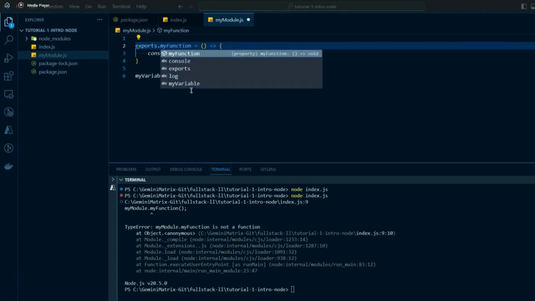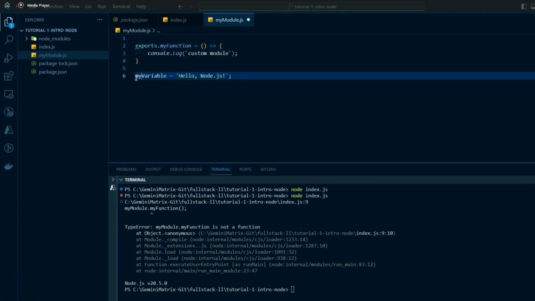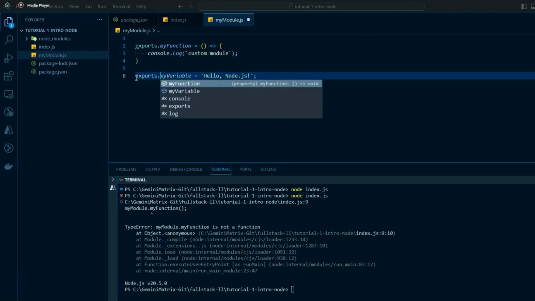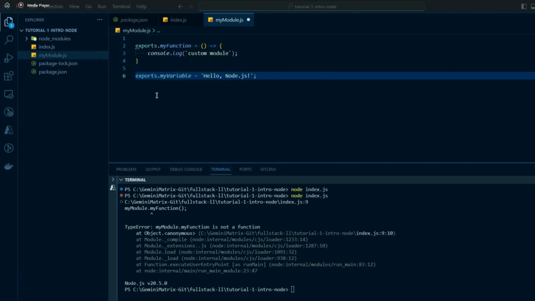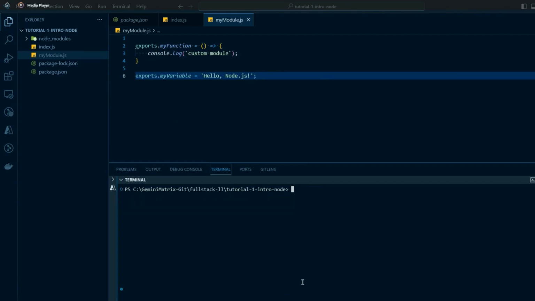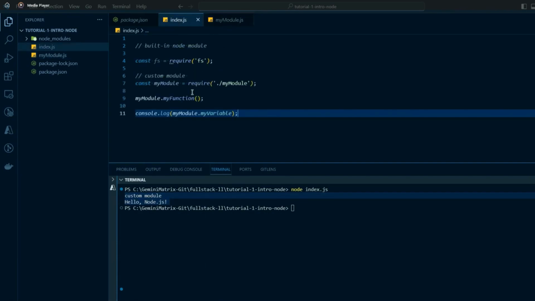So we need to use something called export, and we need to export out these functions similar to how we did it with React, with exporting out the defined functional components. So if we make this public, then when we call the caller, we should have access to everything. You can see custom module was called, hello Node.js was the variable. So now we have access to this,